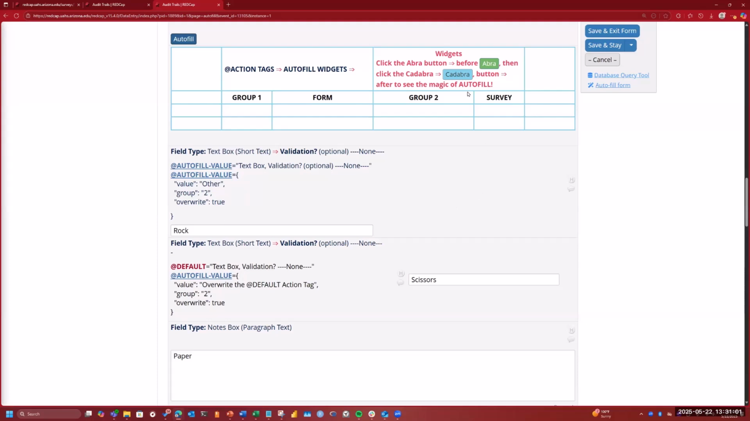But what I'm going to do here is I applied a widget to an embedded field. I embedded it. So this is actually a descriptive type field. And I'll get into more of what the groups are. So here I have group one and then form, group two, and then survey. Here you can see I have group and two. So this will operate